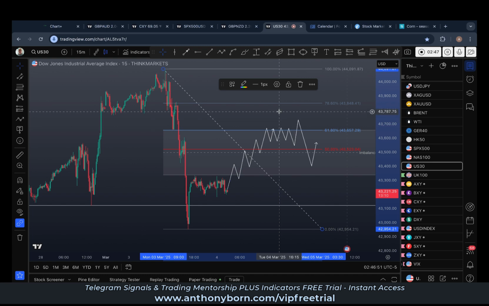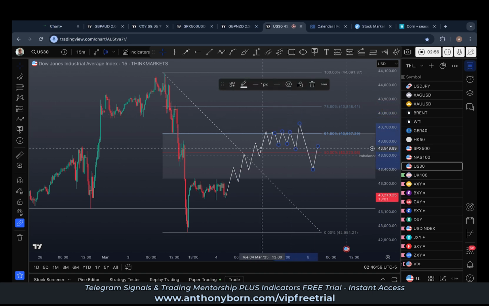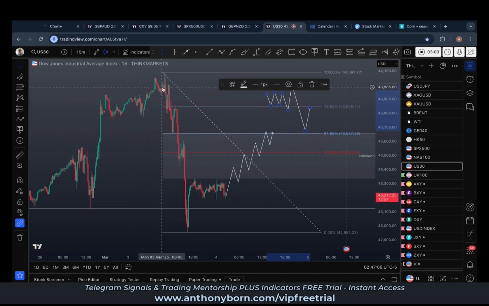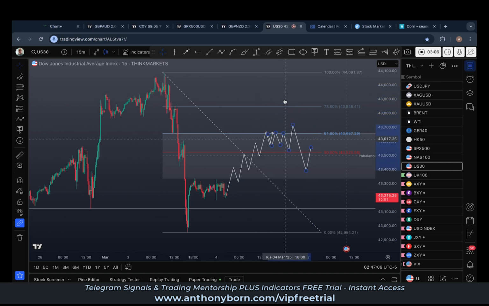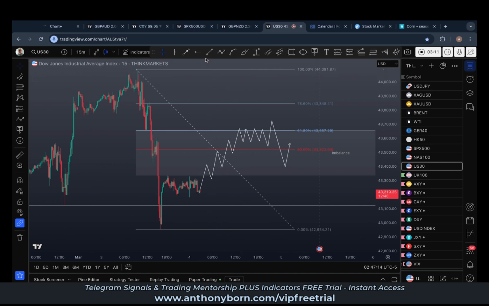Now, this can play out anywhere. It could play out here. It could play out a bit higher. So the first port of call is the imbalance. Second port of call is going to be up around this bearish order block up in here. However it works, I think the key thing is we need to see this trending